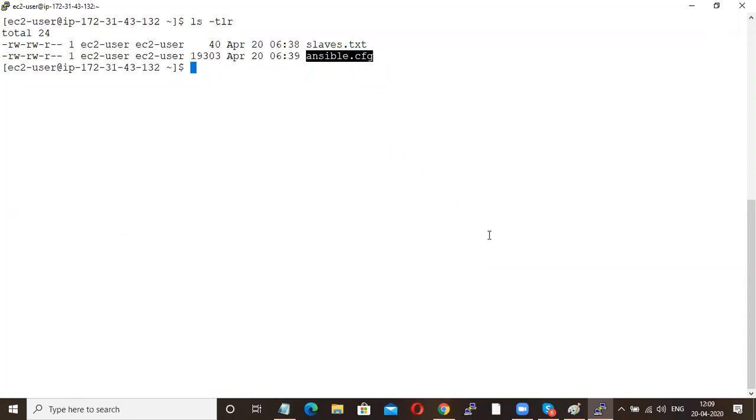Damu, what did you do for the second one, ansible.cfg? Ansible.cfg is the configuration file for Ansible. You can say it is a backend file for Ansible, defining how Ansible works. So based upon this file only it will work. Configuration file means you know, right? Can you share that link?